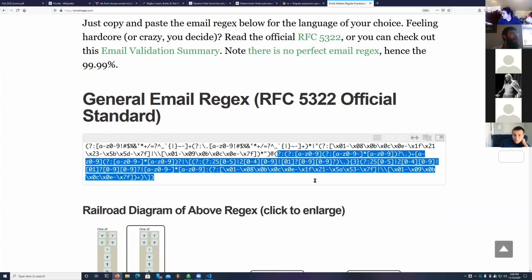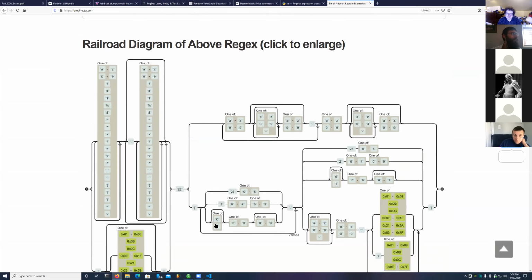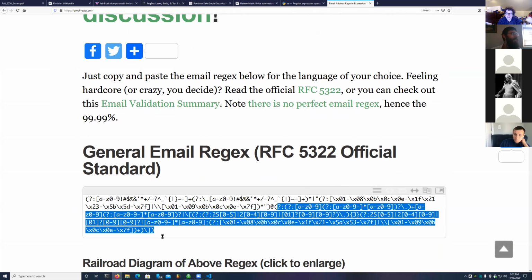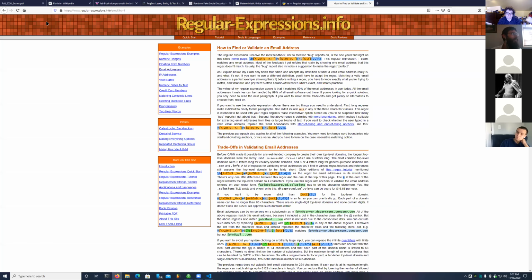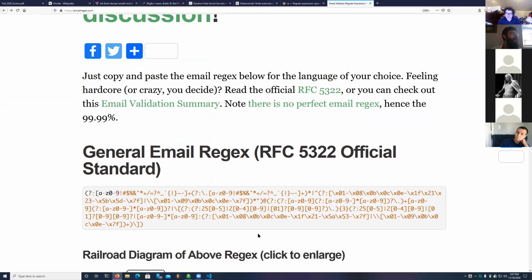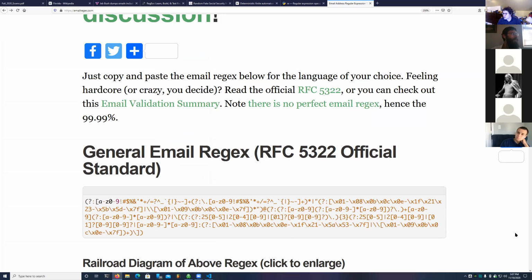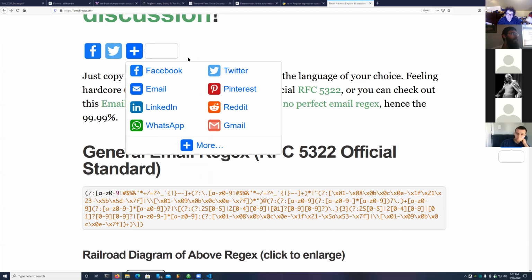That's pretty much it for the final exam with regard to that question. So there is no perfect email regular expression, hence the 99.9%, because there's a lot of valid things that you can put before the @. For example,